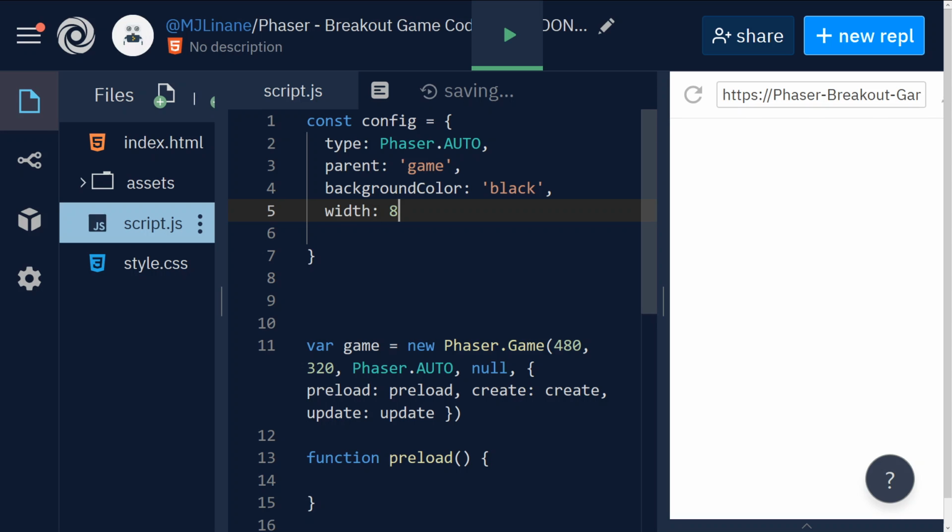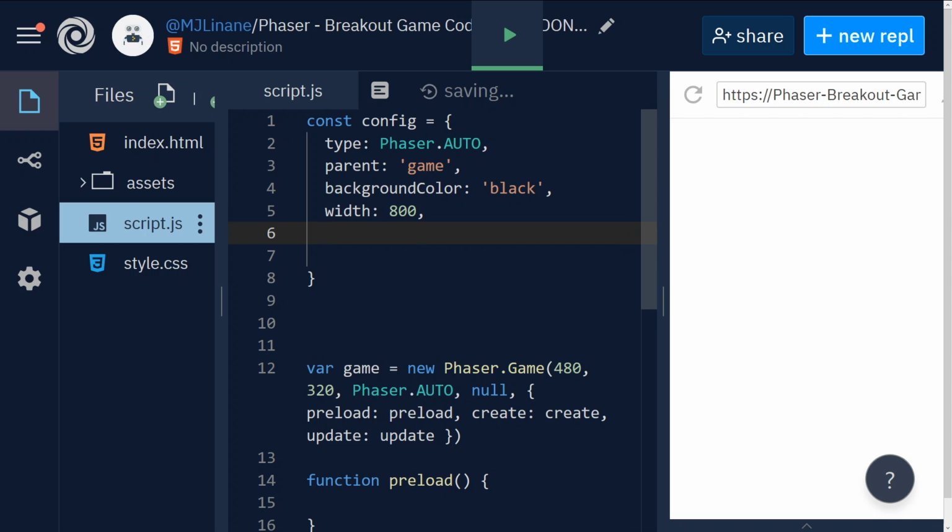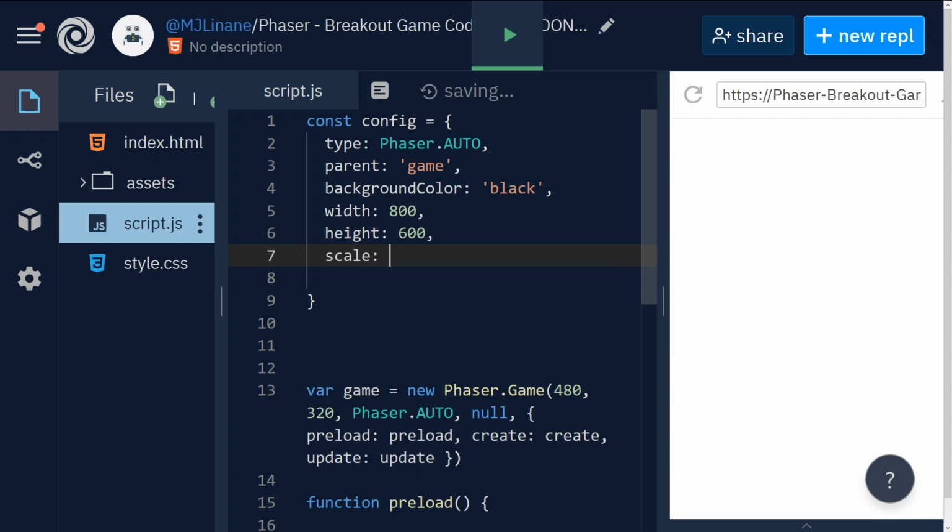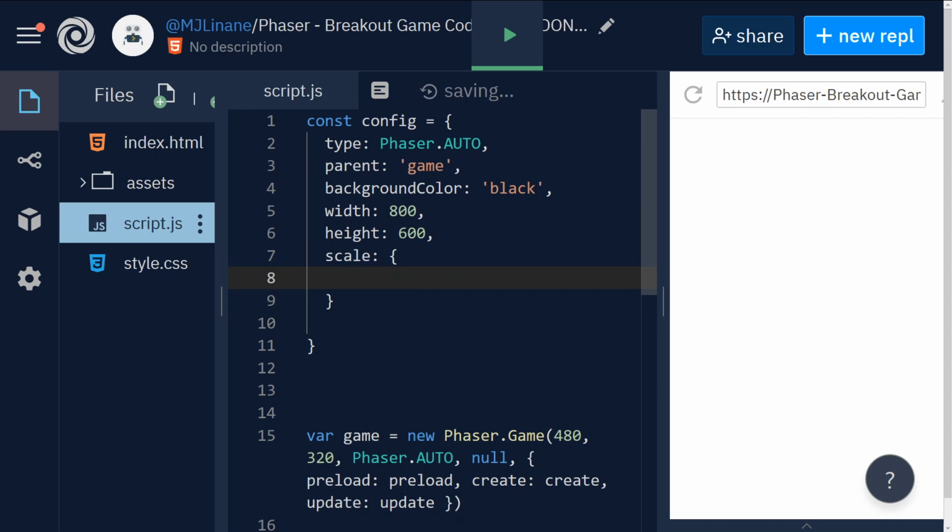Okay, width, we'll do 800. To make sure everything fits nicely on the screen and everything works, I'm going to make this either the same size or smaller than the parent div we set up in CSS. Width 800, height 600, scale. So if you're playing on a cell phone or in a window and you move the window size around, you make the screen smaller or bigger,